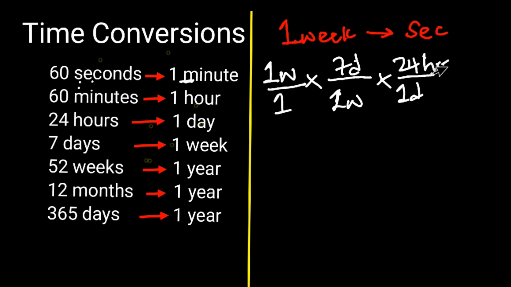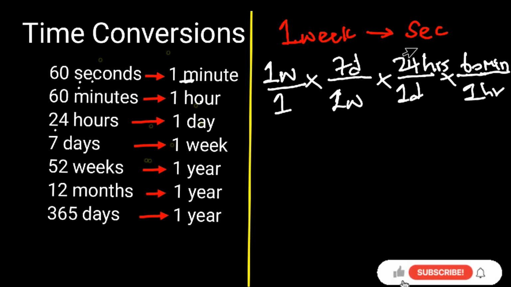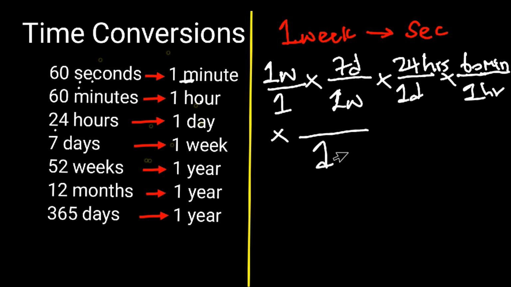24 hours. So next we are going to convert hours to minutes, and from our table here, 60 minutes make 1 hour, because after hours is minutes. So 60 minutes make 1 hour. Then we write it as 60 minutes make 1 hour. And then next is seconds. We find the relationship between minutes and seconds, and we know that 60 seconds make 1 minute. So for this to cancel, we write minutes in the denominator, then we write 60 seconds at the